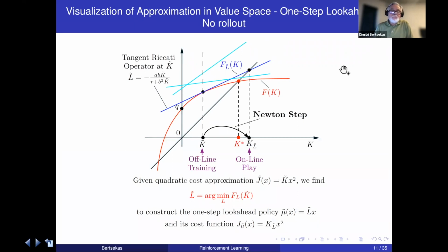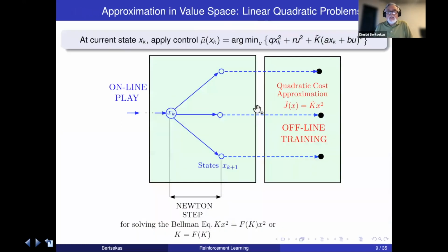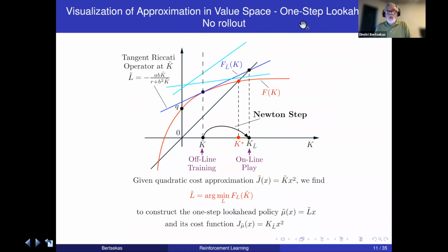So here we are. We're going to visualize the simple case. This case here, one-step lookahead with quadratic cost function approximation and no rollout. So that's what we're going to do. And, okay, so we have the min Riccati equation and the L Riccati equation, the min Riccati operator, the L Riccati operator, and we argued that for a given K tilde